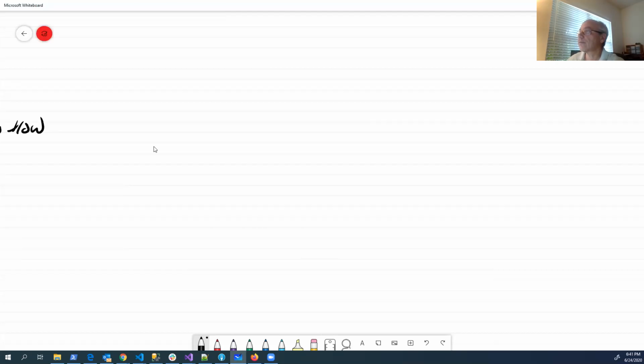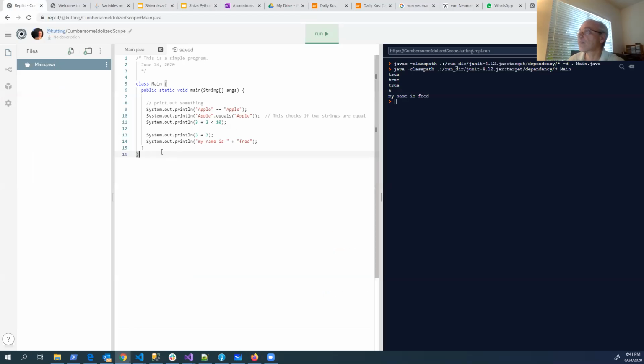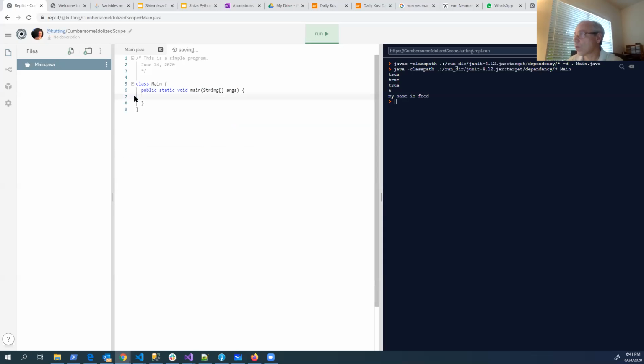In Java, this sort of works, but not quite. First of all, our comments here are like this. Also, we have to end every statement with a semicolon. Also, it's not print here, it's System.out.println.